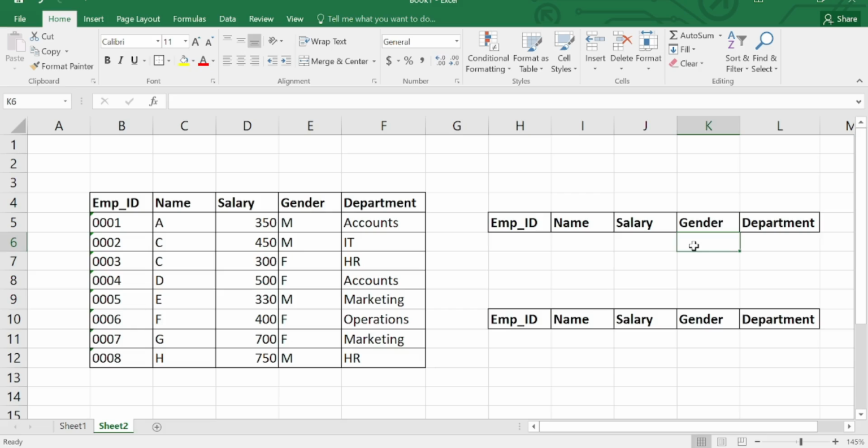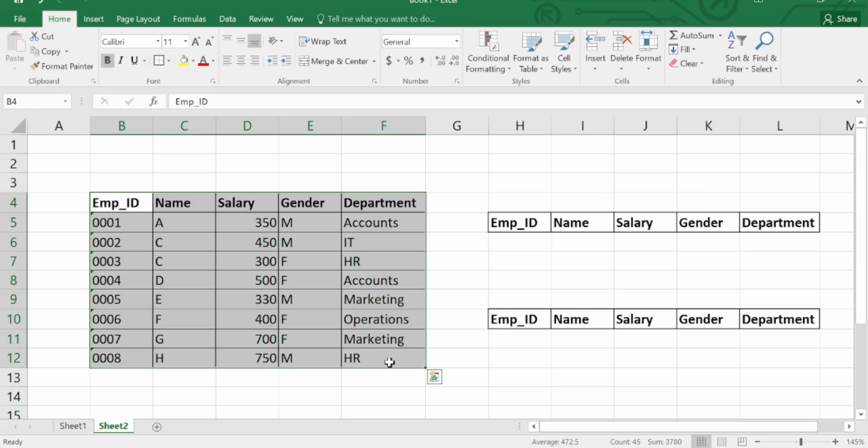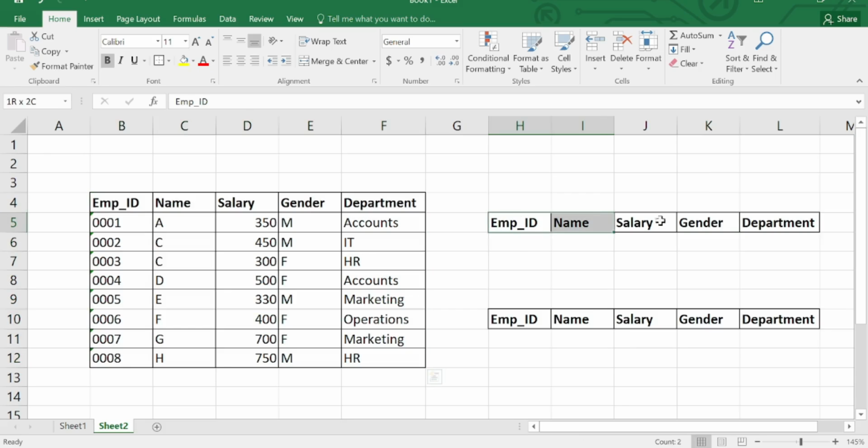Now you can see there's a table. This particular table is known as the list range. This is the criteria range, and this particular area is the copy to area. When we are selecting specific records and copying them into another location, we have to get all of those from this particular table, right?